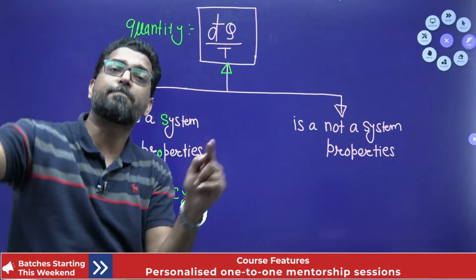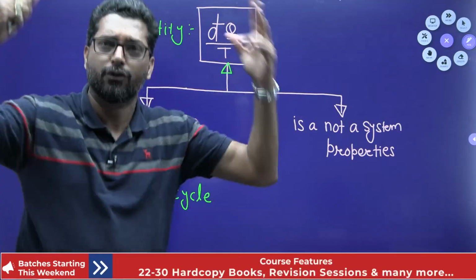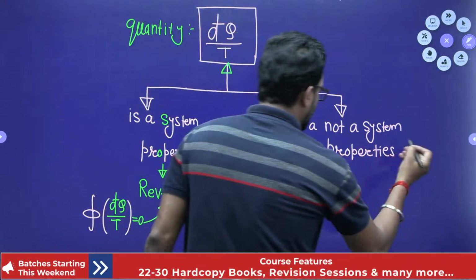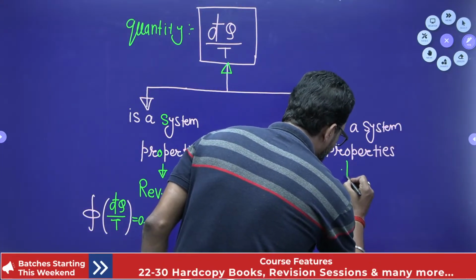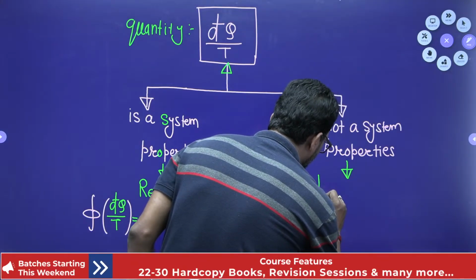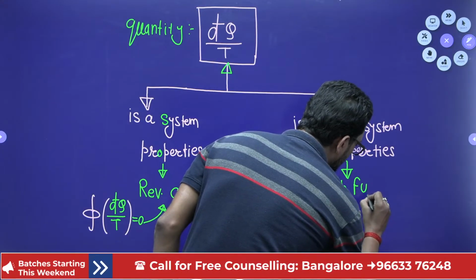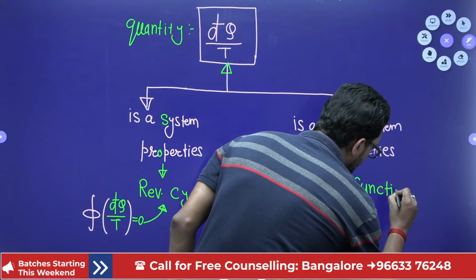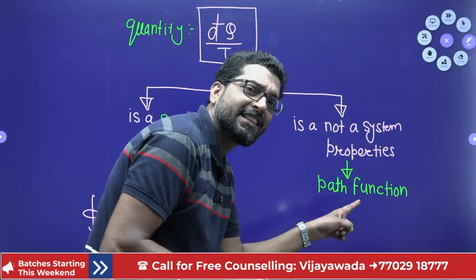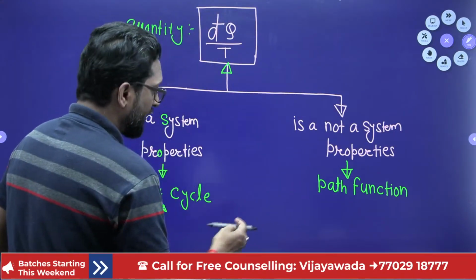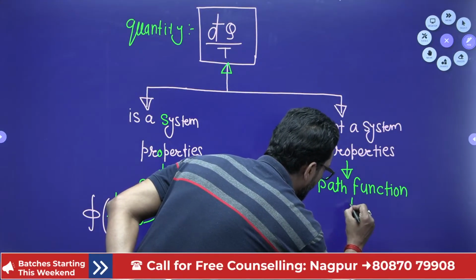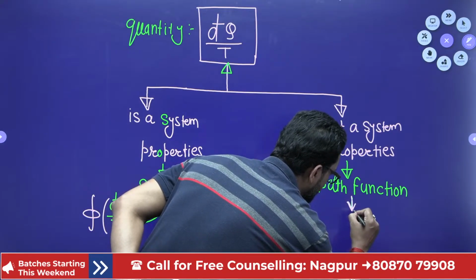Different paths have different values. Not a system property, that is a path phenomenon, a path function. That means different paths have different values. In which sense? When there is an irreversible cycle,